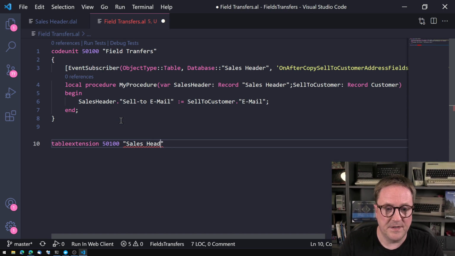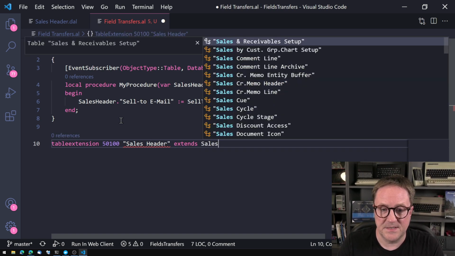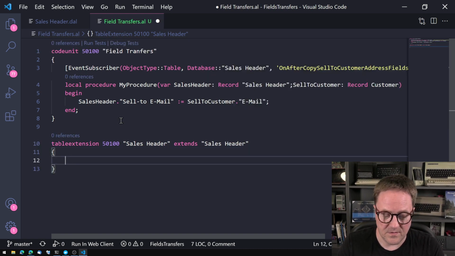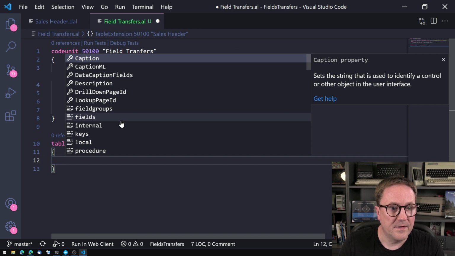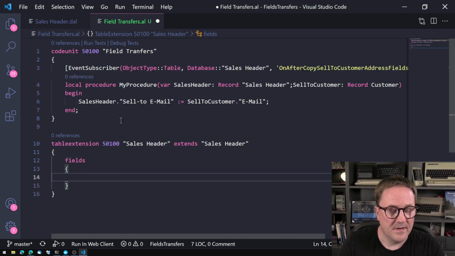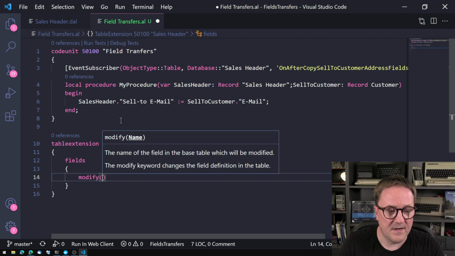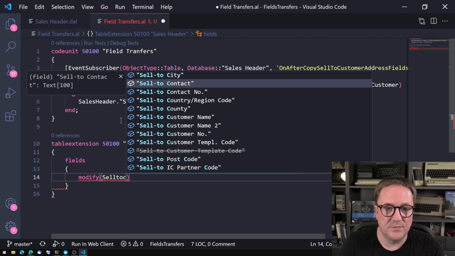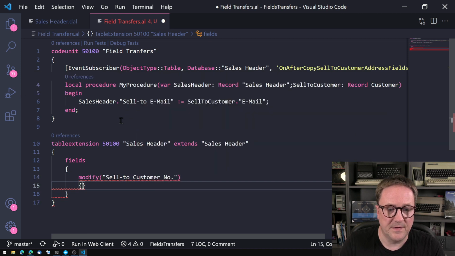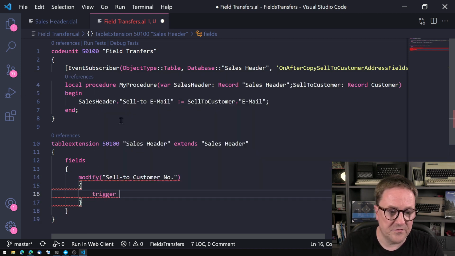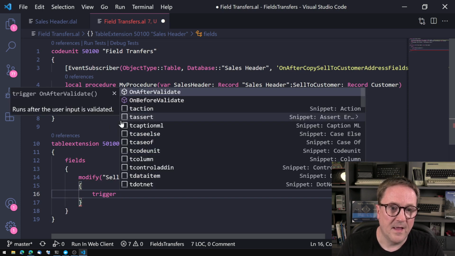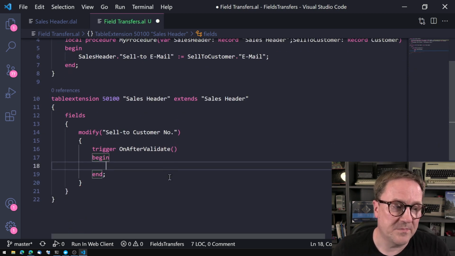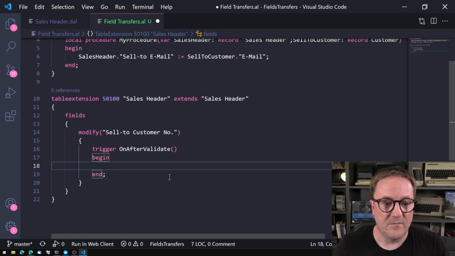Sales header extends sales header. And then let's go for fields. Then we'll do a modify on the sell to customer number. And now we can do a trigger here on after validate. So after a customer has been validated, we could go and say, okay,